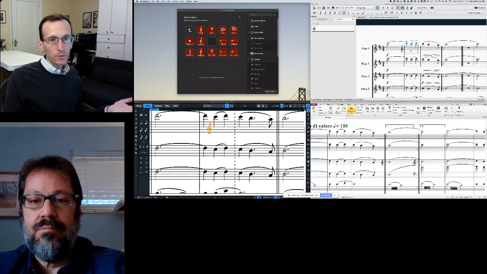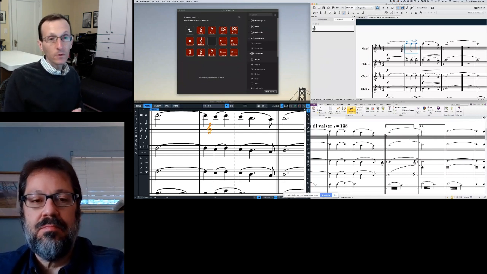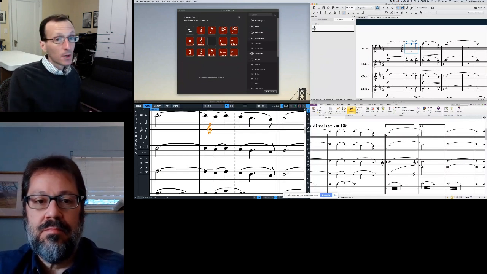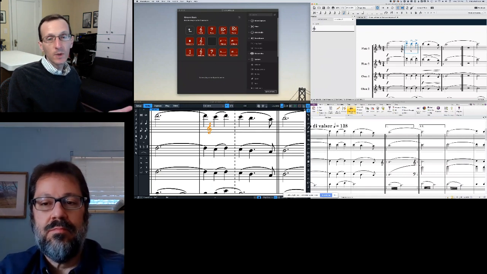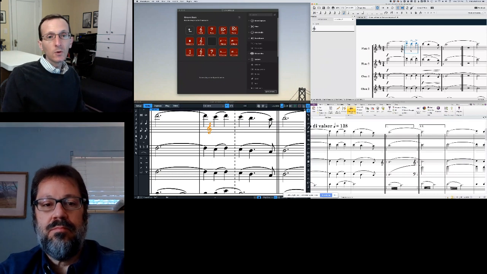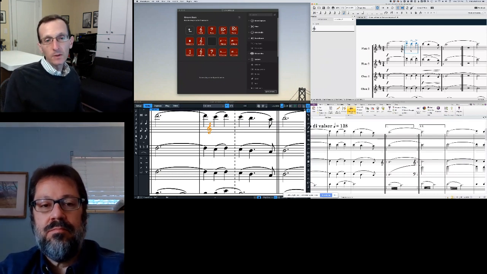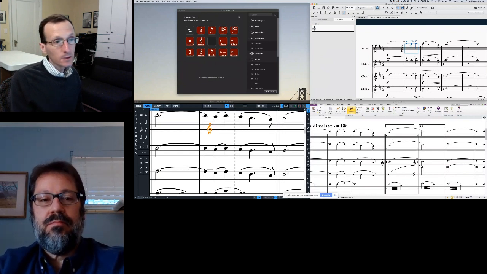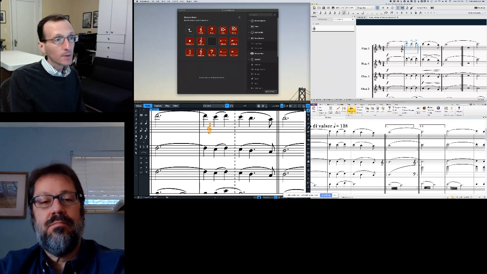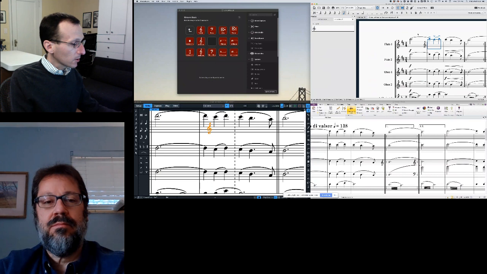For $29, you can then customize it however you like, and you can run it on multiple computers. It's not limited to one computer. The license basically says it's limited to you as a single user for as many computers or devices as you like to run it on. So that's no problem. You have a laptop and you have a desktop, that's fine. And the other thing I wanted to show is that there are